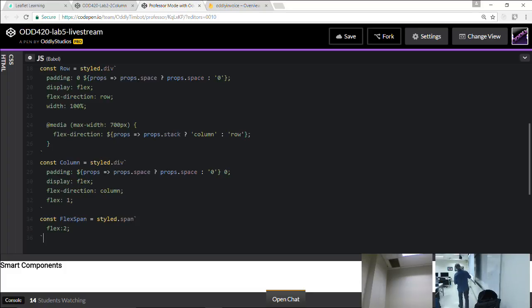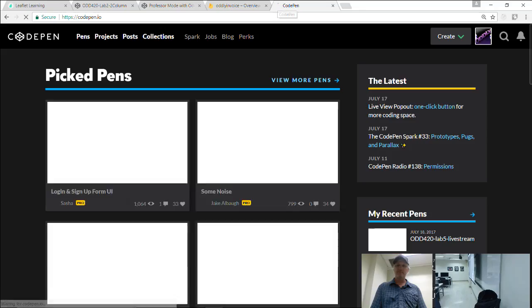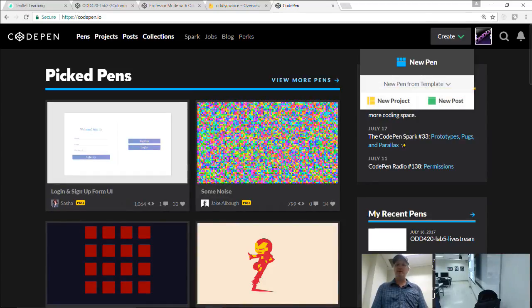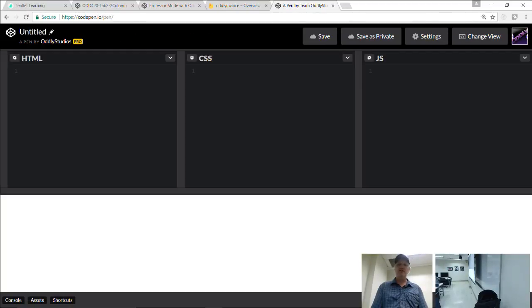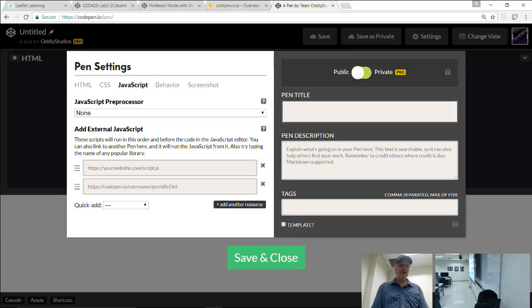Let's say you are happy with your page, column, and row here and your flex and you want to use them again. You can actually take the URL of the pen. So if I make a new pen here, inside the JavaScript setup you can actually put a pen URL in here.